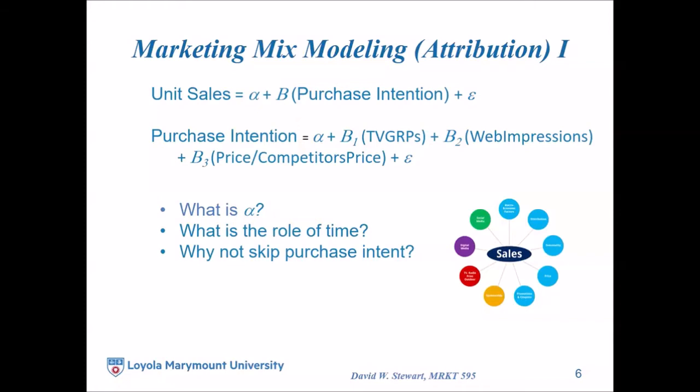Now it can get very sophisticated because people will start doing things like putting different geographies in. Because Los Angeles, believe it or not, doesn't respond the same way that Dallas, Texas responds to a lot of marketing activities. So it becomes important to look at the geographic differences. There are lots of other marketing activities you could look at. But that's what it's all about. And again, there's this statistical term, alpha, that really represents the baseline. That's what would have happened if none of this other stuff had happened.